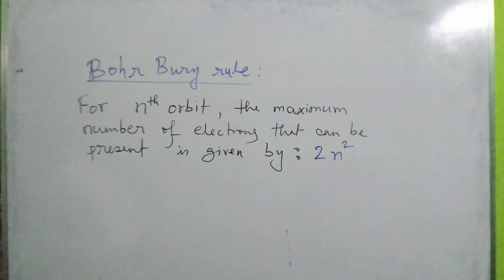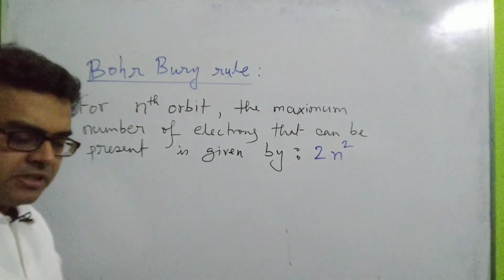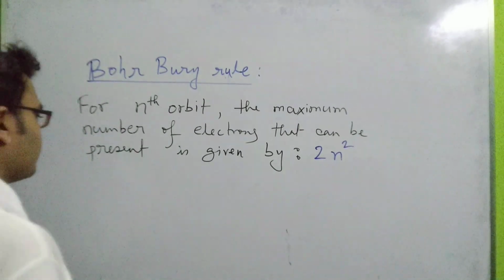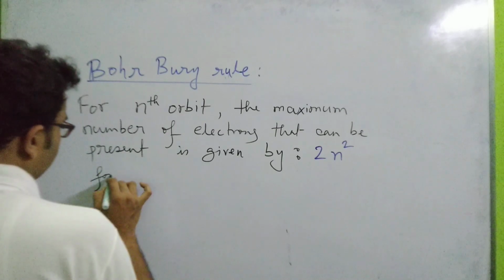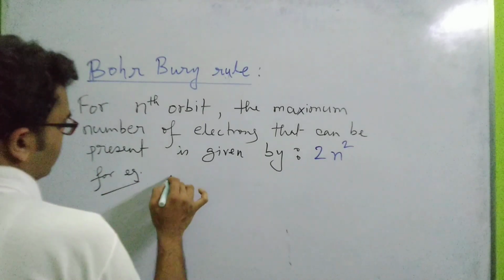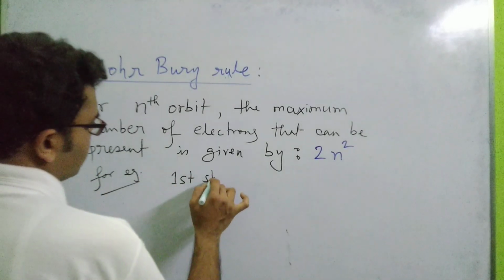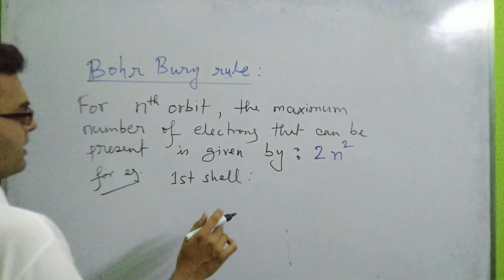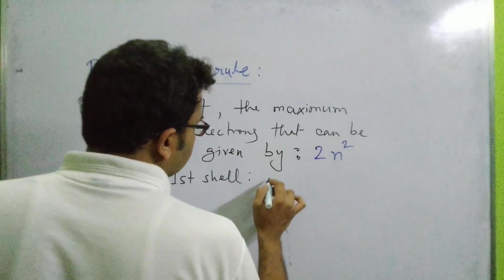Okay, so 2n square. If we just consider the first shell, then the first shell can have a maximum number of how many electrons? 2 into 1 square, that is 2